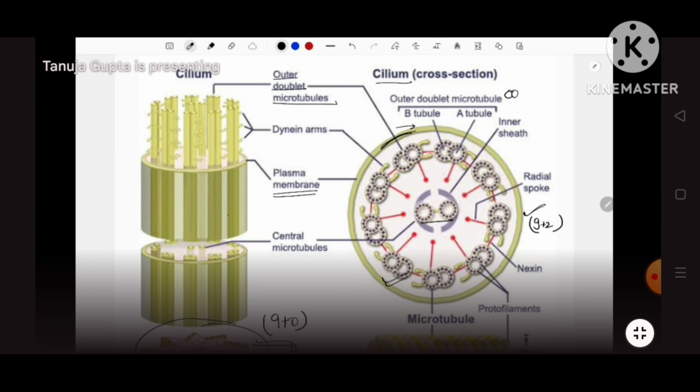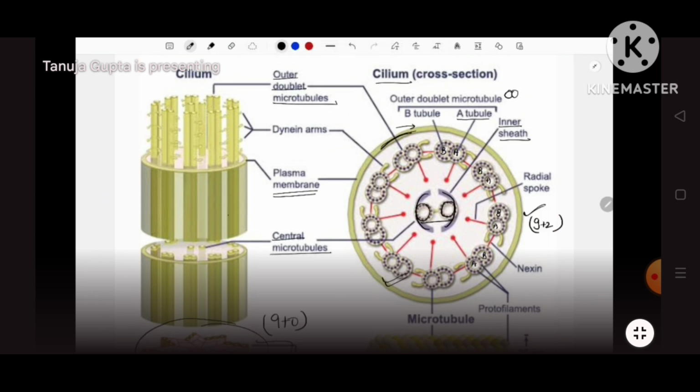Okay, now inside the center 2 microtubules are there. They are called the central microtubule. Now in all the doublets of microtubules, one tubule is called the A microtubule, and the second tubule is called the B tubule. So it is like that, A B tubule, like this they are present. Now the two central microtubules are enclosed by a sheath which is called the inner sheath,